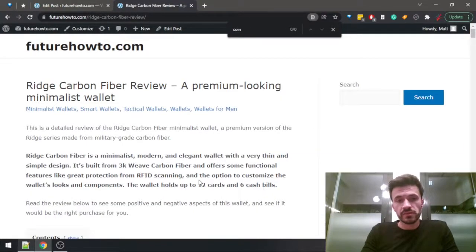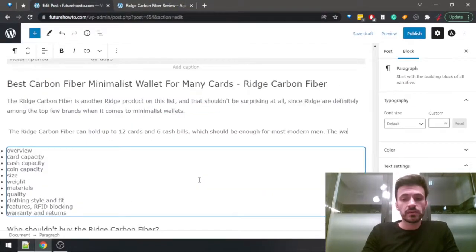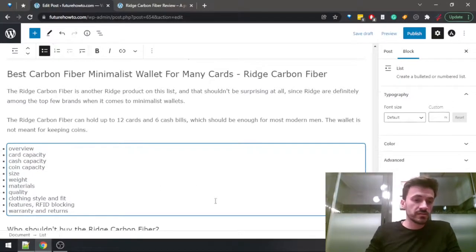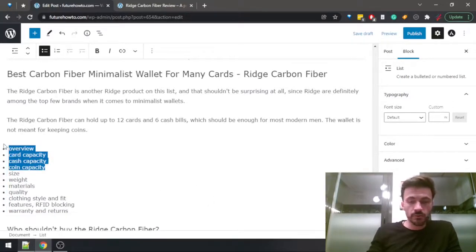Coins, I don't think it fits coins. The wallet is not meant for keeping coins. Okay, 2 sentences into 1 paragraph, and we already got